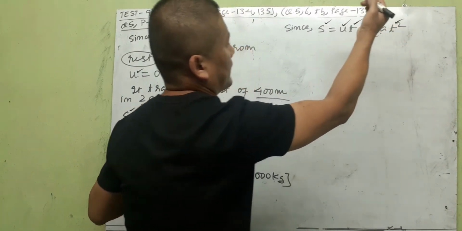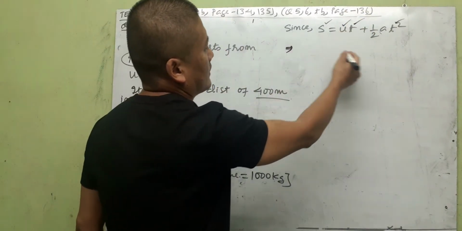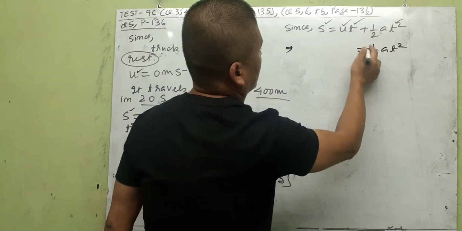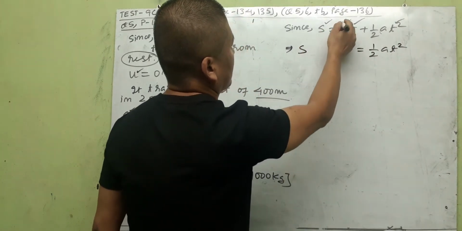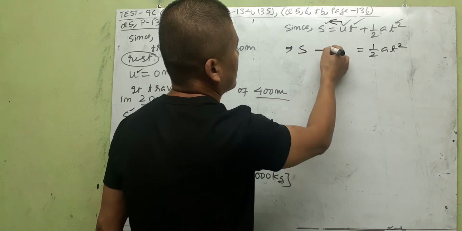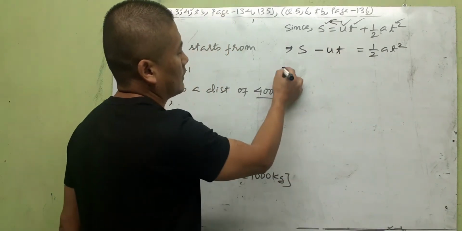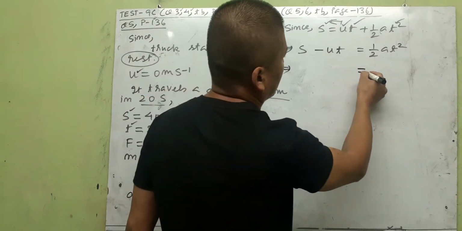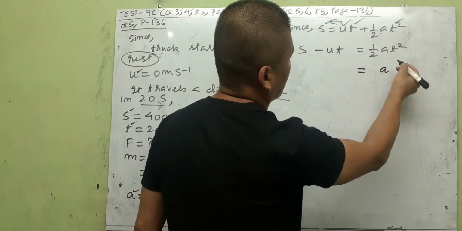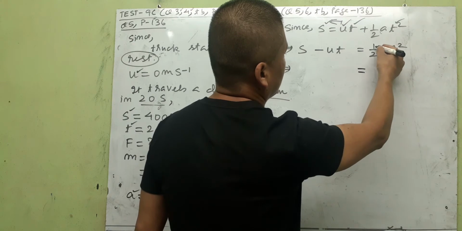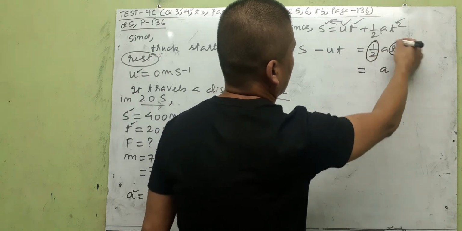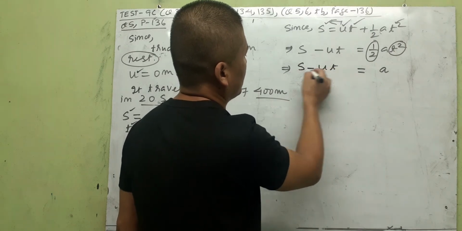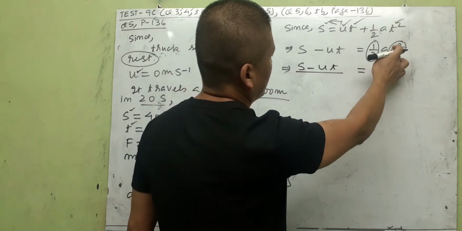So we can use this to find A. Let us take the term containing half AT square equal to S, and shift UT to this side, it becomes minus UT. To make it easier, A will be equal to S minus UT, divided by T square,